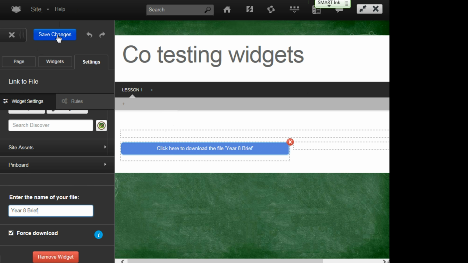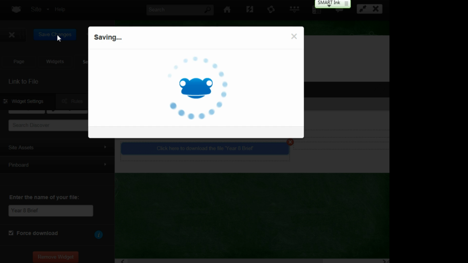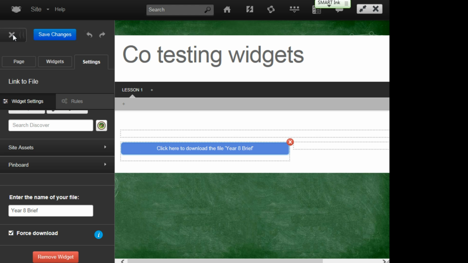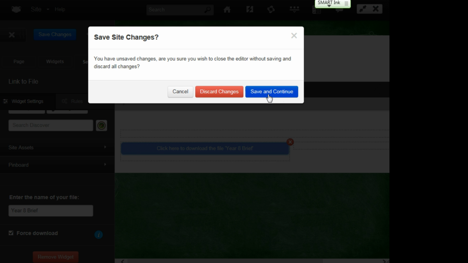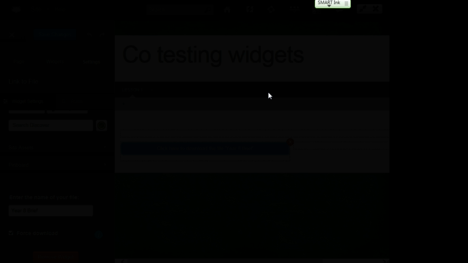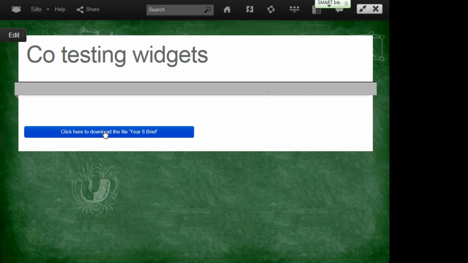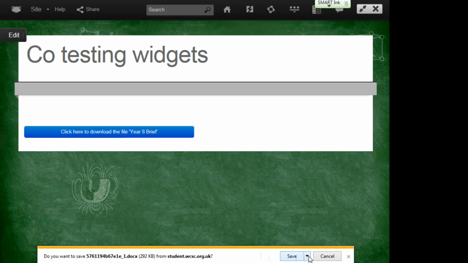Okay, let's save that. I'm going to show you what that does. So I'm going to come out of the editor, save and continue, if that button appears. There we go. So now you'll see the name's changed to Year 8 brief. So when I click to download the file, down the bottom here, if they click save, it won't by default put it in their network drive. Get them to do save as,